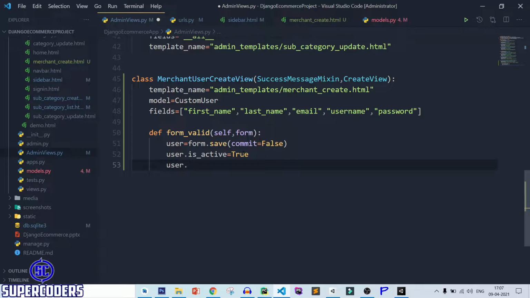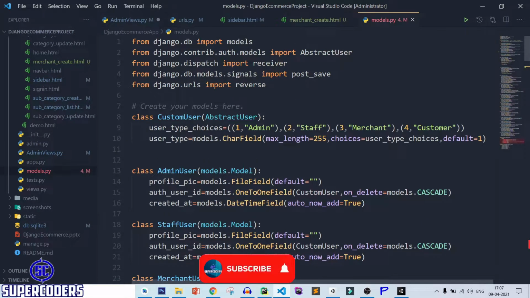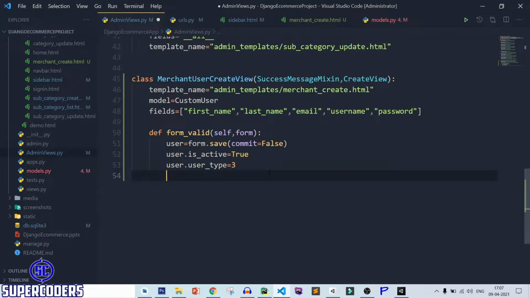Then you need to set the user type. I am setting user type from here on form submit equal to 3, which is for merchant user. Let's check, and 3 is for merchant. After that, we can simply set the password. So user.set_password, because if you set the password directly, it will save the password as plain text.